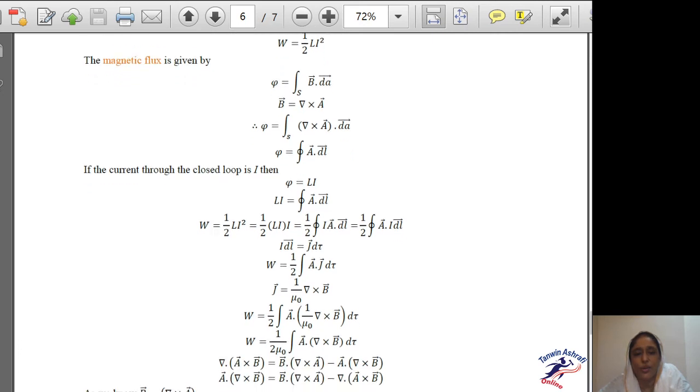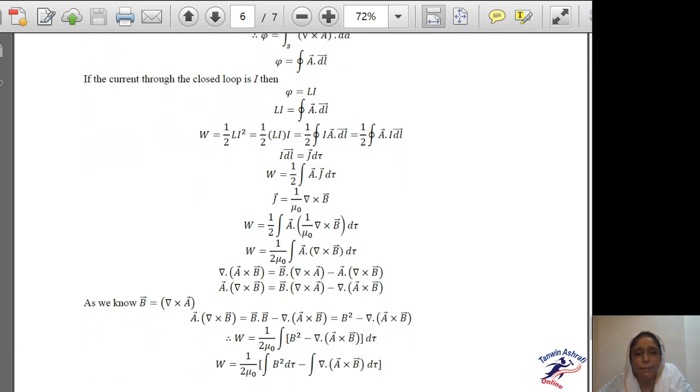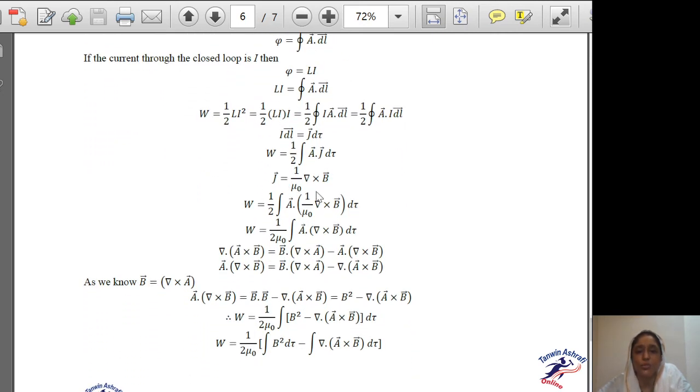Now J, as we know by Ampere's law, is 1 upon mu naught del cross B. Then we substitute in the value, and we will have work done W equal to half integration of magnetic potential A dot 1 upon mu naught del cross B d tau. Now, if you see the integration term and make an arrangement of